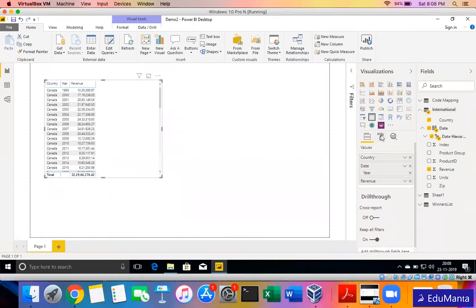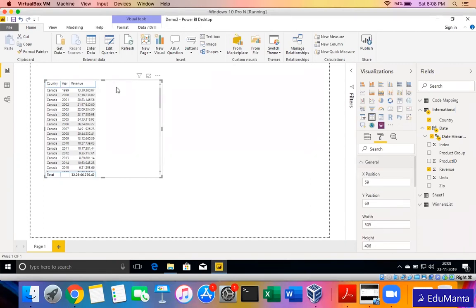Suppose I want to format it. Let me go to the format option. This is the format pane, the second icon that you see. Here, if you start checking one by one, you will see different options to format any visual, and it will vary, as I explained in my first session, depending on the type of visual you are selecting. So here, this is just a position.